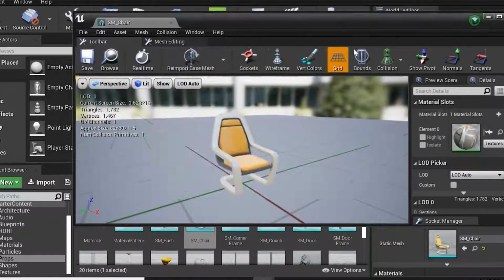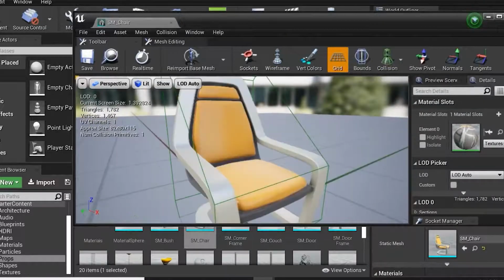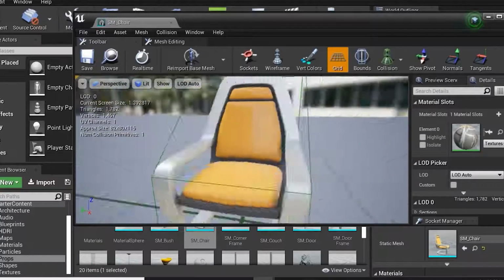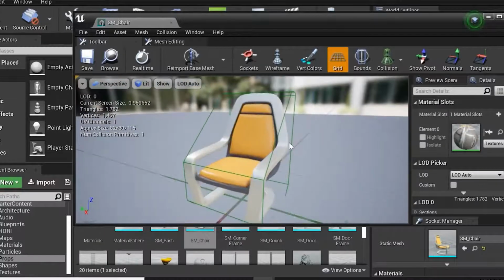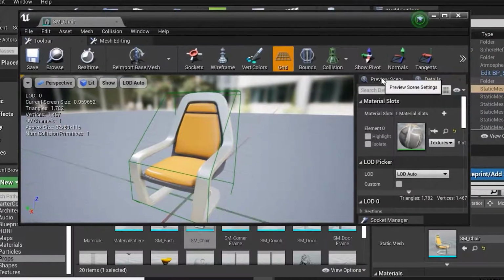Collisions, if I say show collision, here we can see this is the collide. We are not doing any simulation as of now. This is simply the user interface, how we can, with the help of simple tools, see the different features available in Unreal and how we can get started with Unreal.